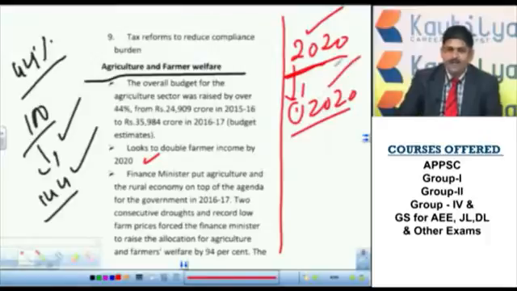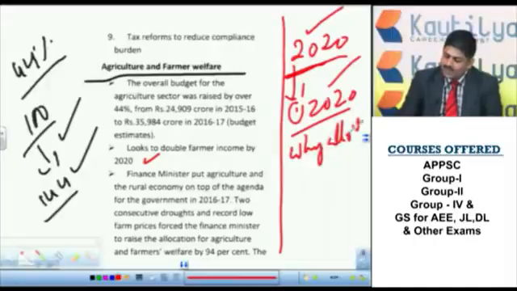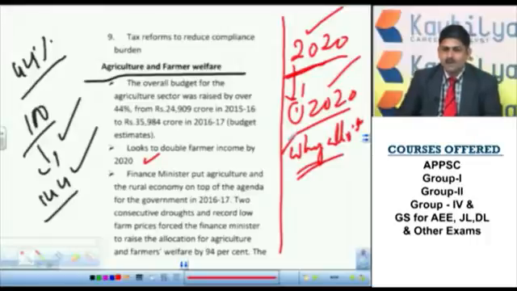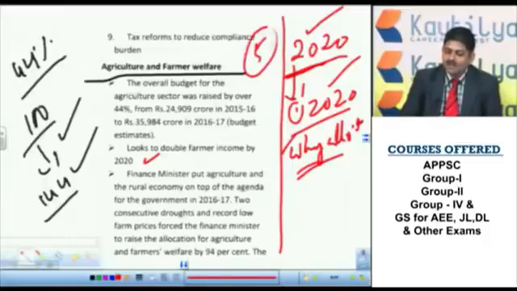So the Government of India has specified many targets, like housing for all by 2022. We need to remember these also. This is very, very important. If they ask analytically why the allocation for agriculture increased this time, some political reasons may be there, but from the examination point of view those are not important. As you know, many opposition parties claimed that elections were there in 5 states, and that may be the reason that pulled the Government of India to give priority to agriculture and farmer welfare.